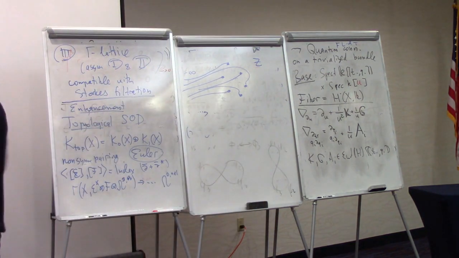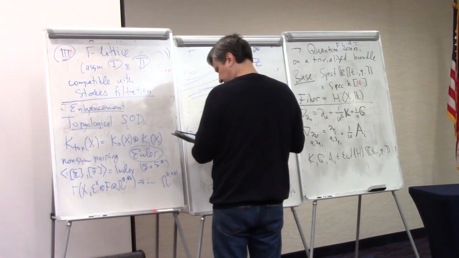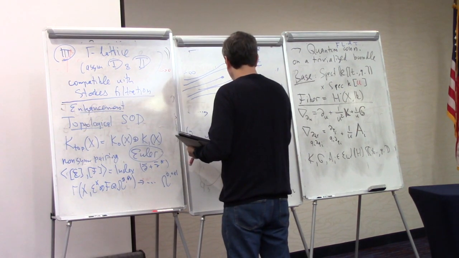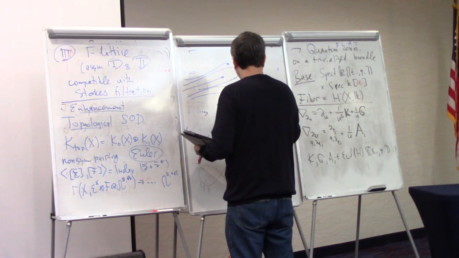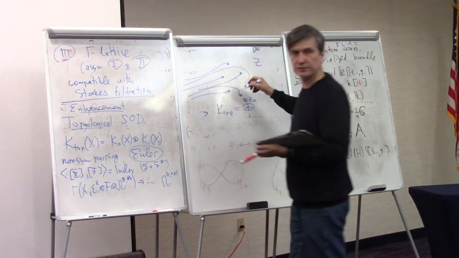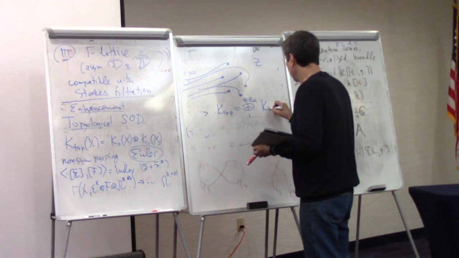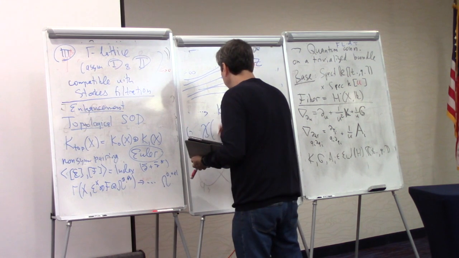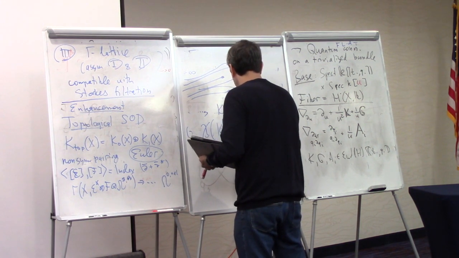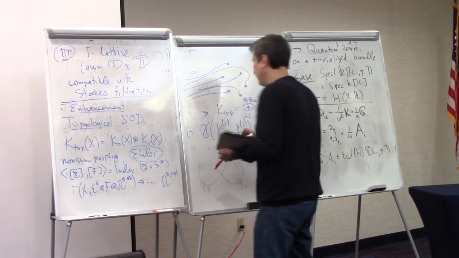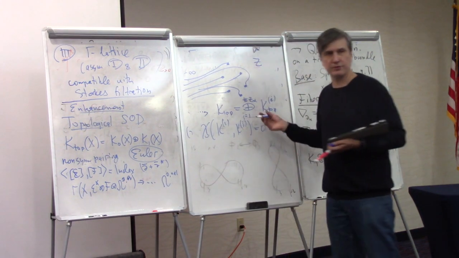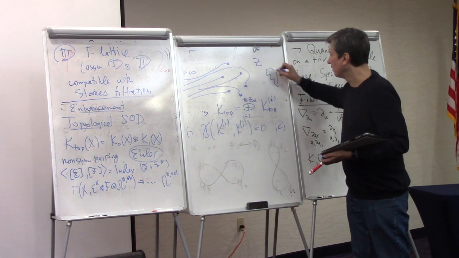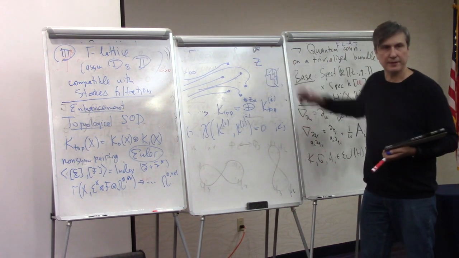If I draw a collection of paths, then I should get a semi-orthogonal decomposition of my group. K top of x will be an ordered sum from 1 to the number of these points z alpha of corresponding pieces, and the Euler characteristic from Ki to Kj should be 0 for i less than j. It should be a semi-orthogonal decomposition. So my non-symmetric form will be block upper triangular.